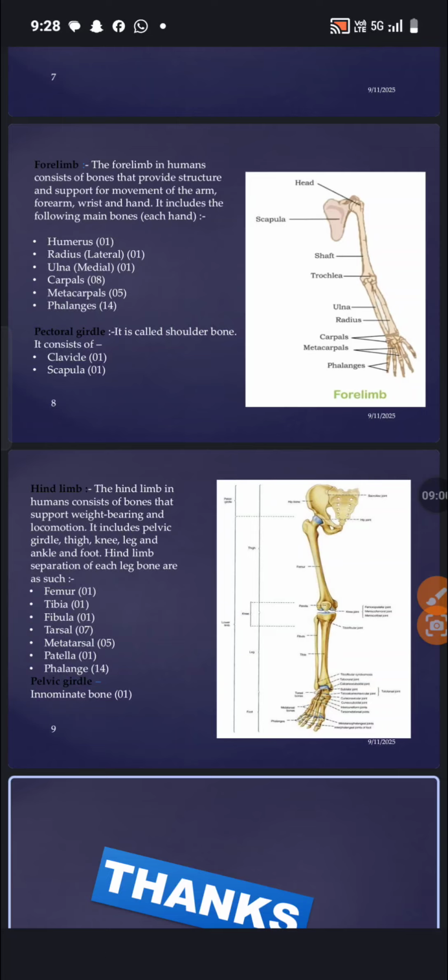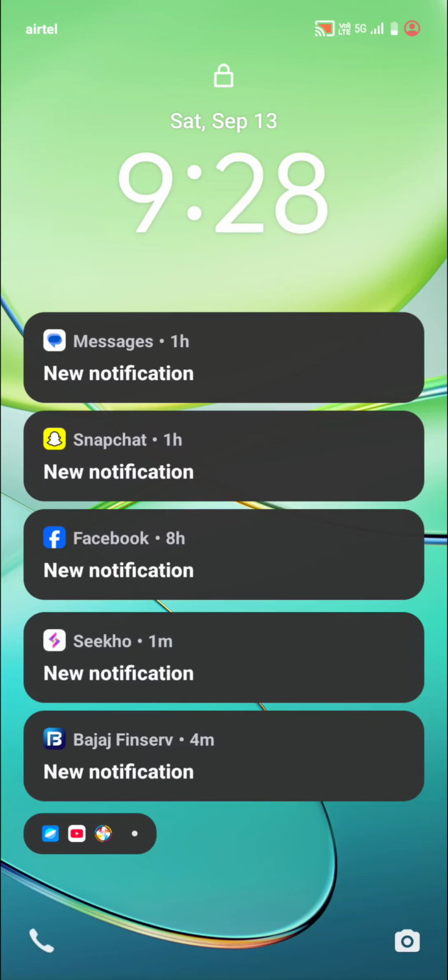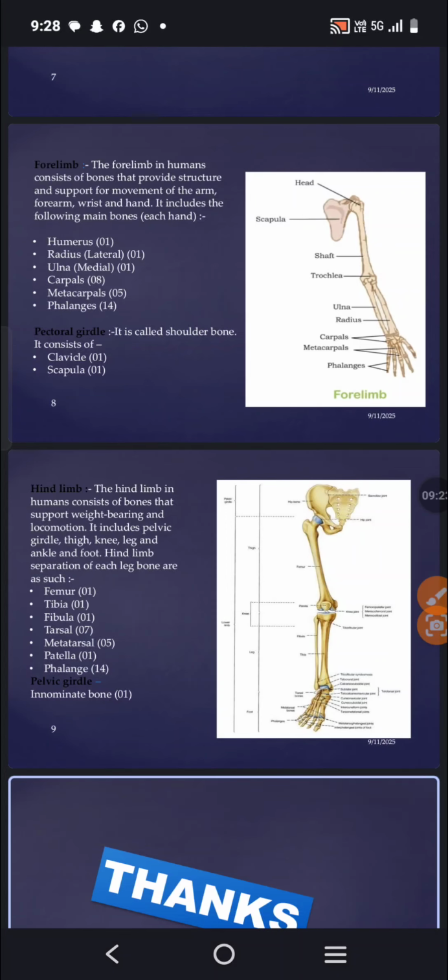So, the human skeleton system is made up of two parts, axial and appendicular. The axial skeleton system consists of 80 bones, while the appendicular skeleton system consists of 126 bones. So together, the axial skeleton